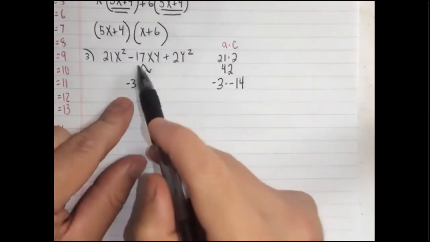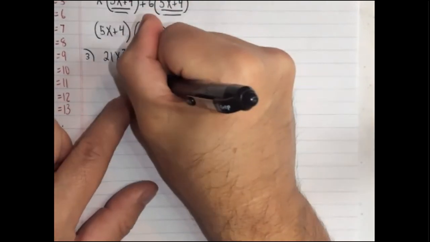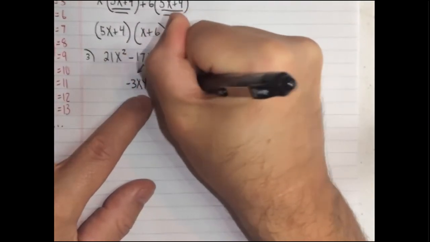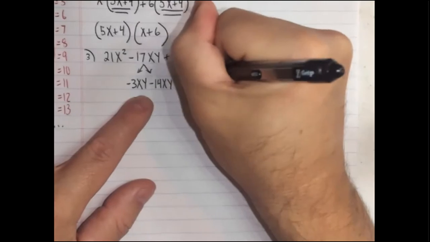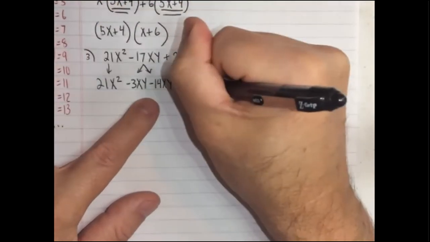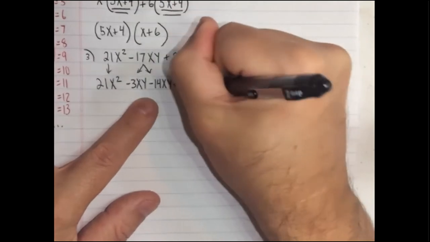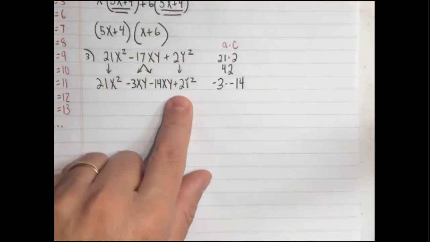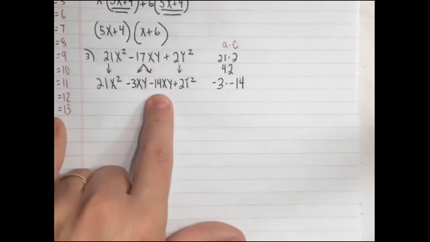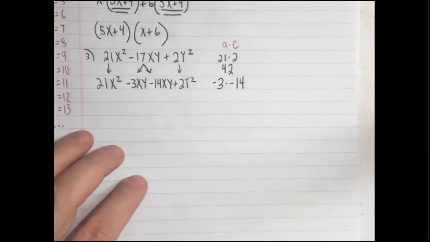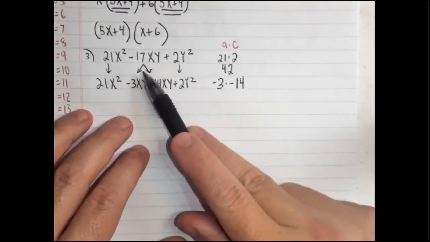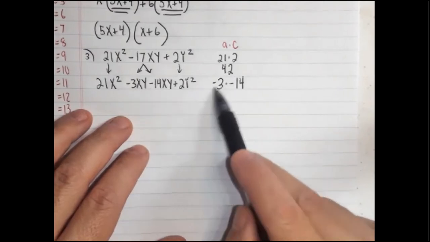Now, one thing I want you to remember is, it's xy. So it's negative 3xy minus 14xy. And then we'll move down the first and last term. And that's a plus that kind of comes with it. And we move the 21x squared down. We knew that it's negative 3xy and negative 14xy. All right, so once we've done this and we've rewritten negative 17 using these values we found,